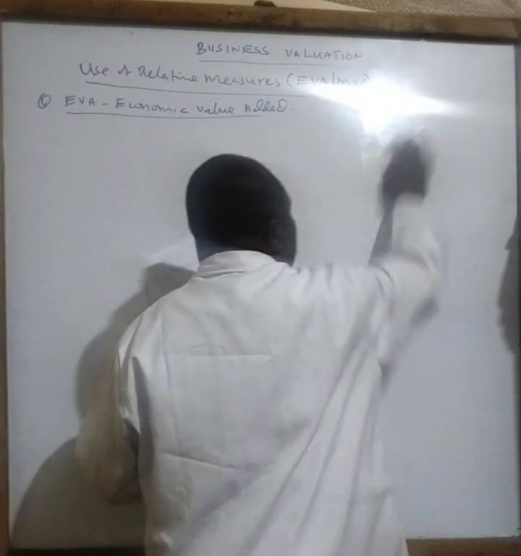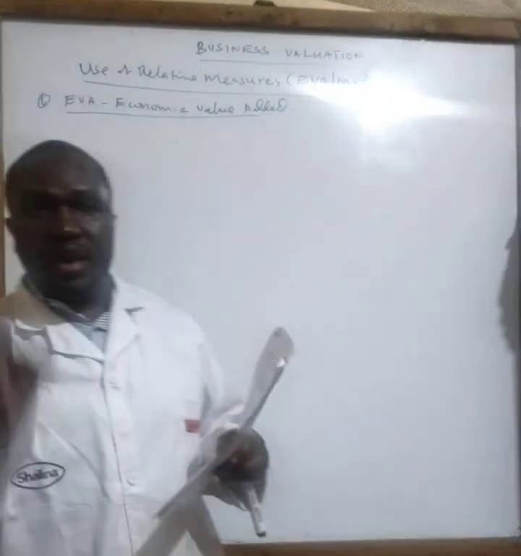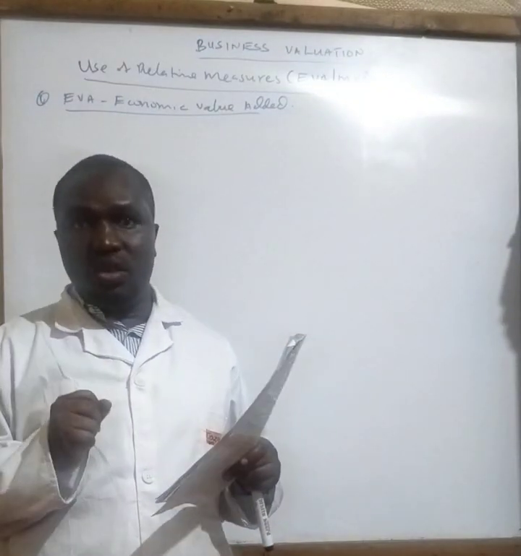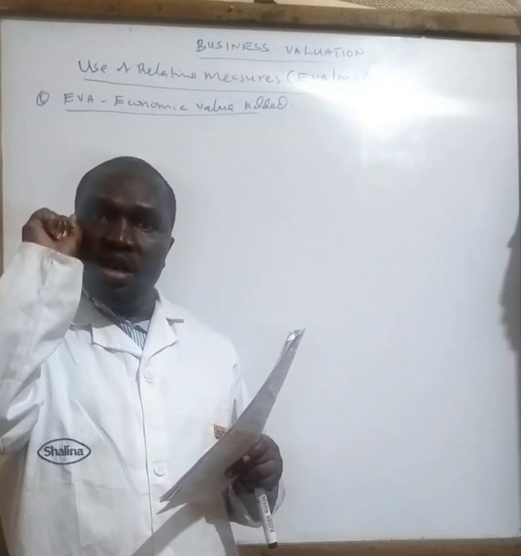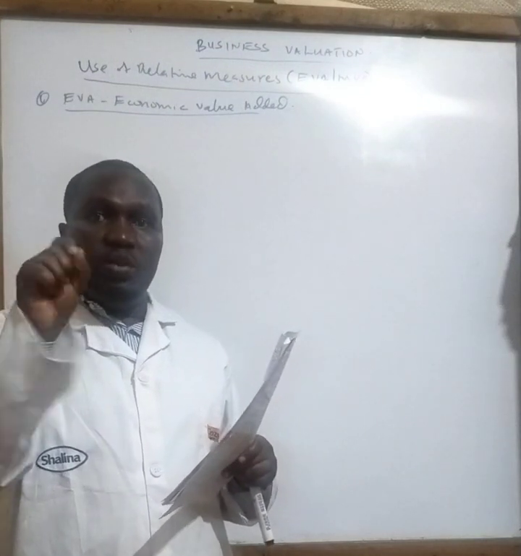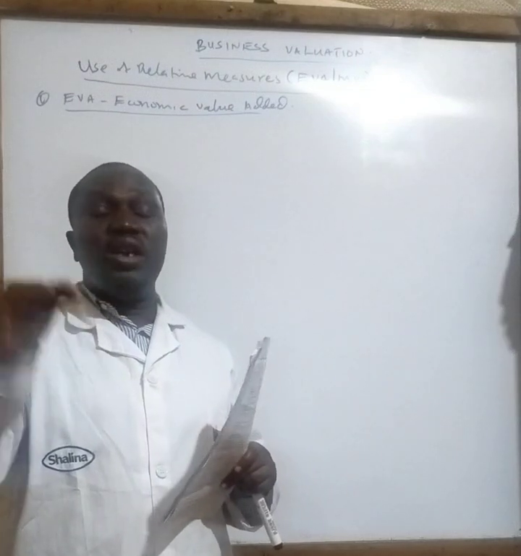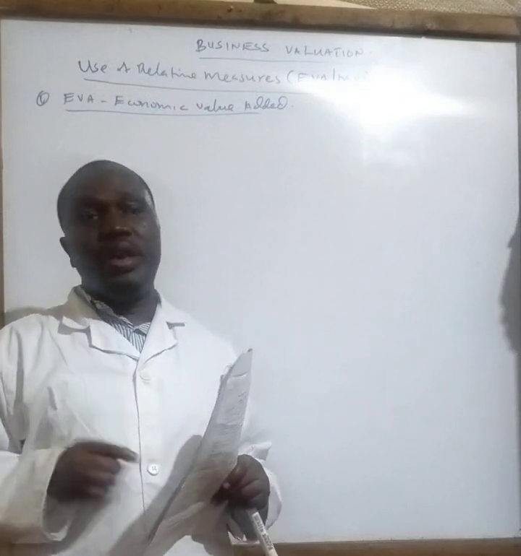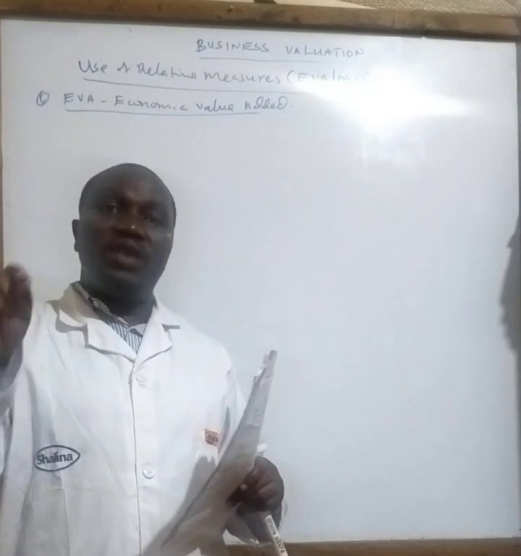So in this case, we are saying for us to calculate EVA, students must be in a position to calculate or to remember 3 main elements. One is the net operating profit after tax, not net profit or retained profits. Don't bring in the retained profit, because retained profits means you have already distributed what? Dividends. So don't bring retained profit; use profit after tax.